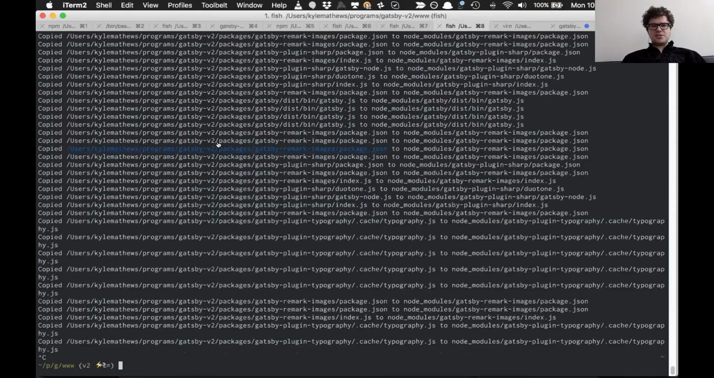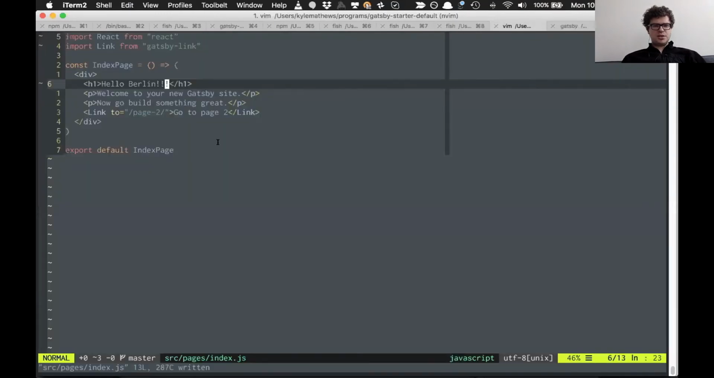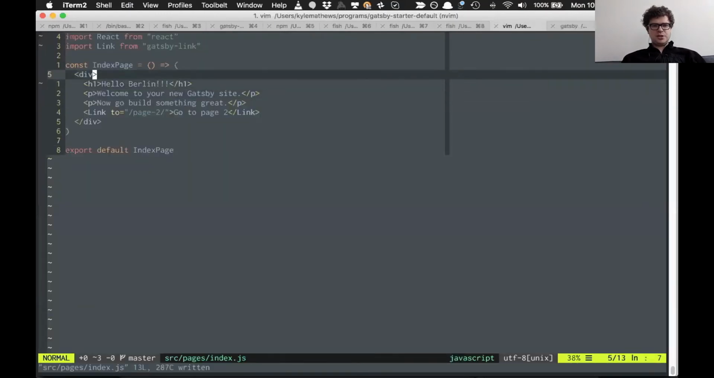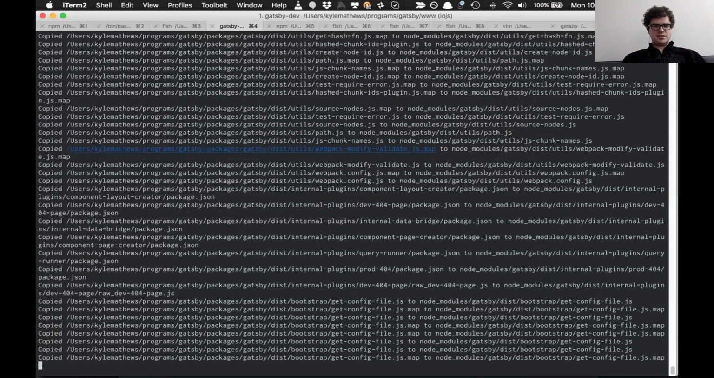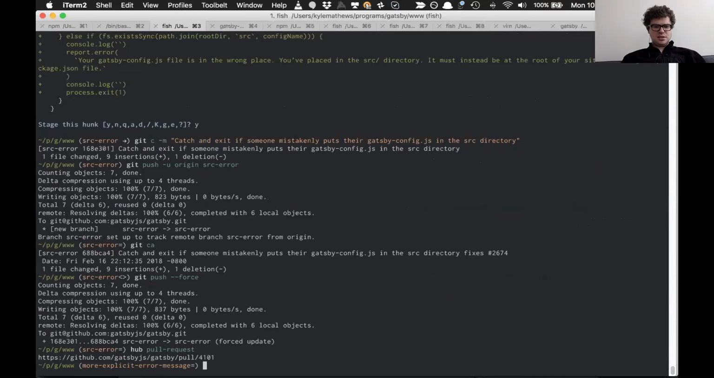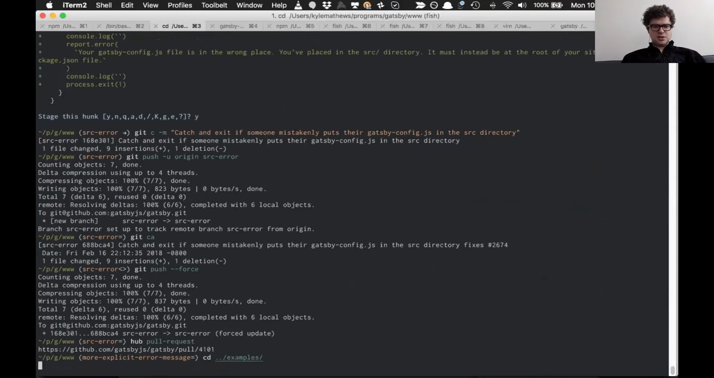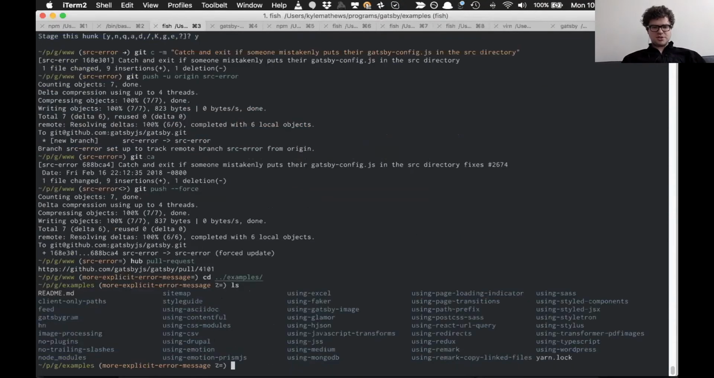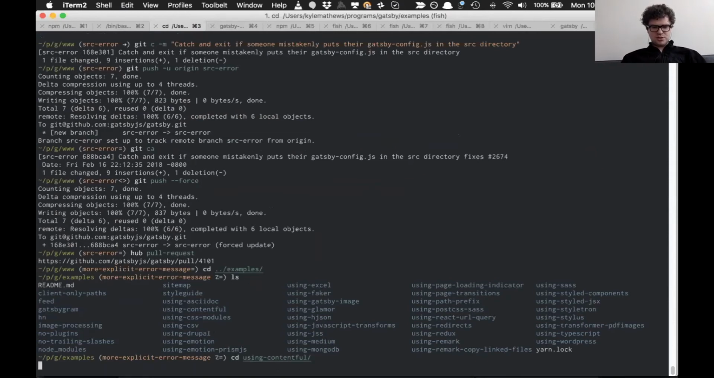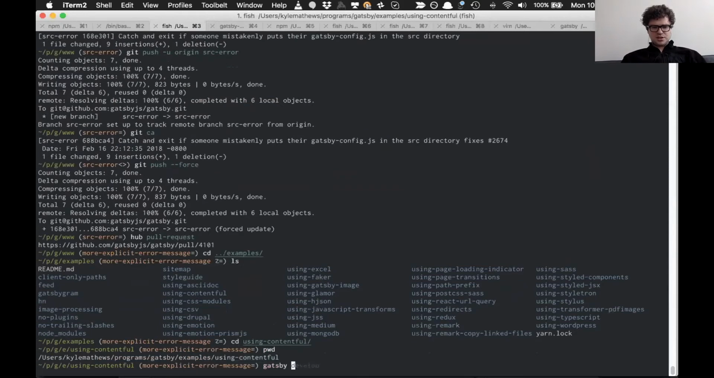Yeah, and so anyways, hot reloading works for pretty much anything that you can edit on a site. So earlier I mentioned there's all these examples directories. So if we go to using Contentful, actually I haven't run this in a little while, so I think it should work. But anyway, if we start this one up now,